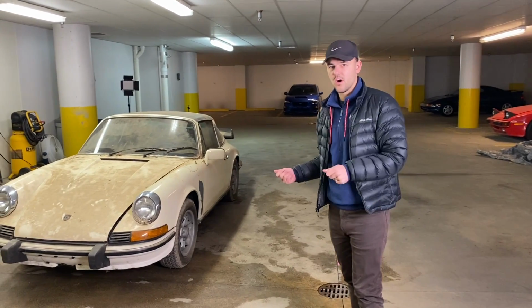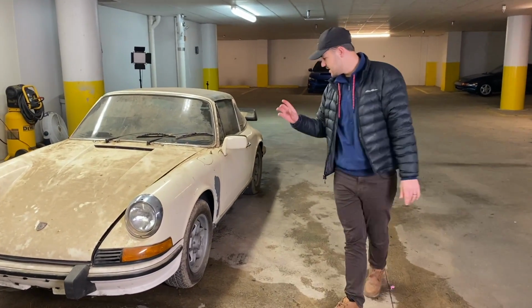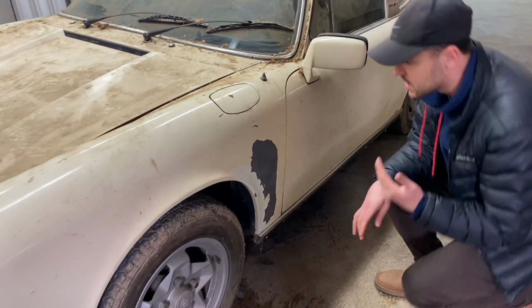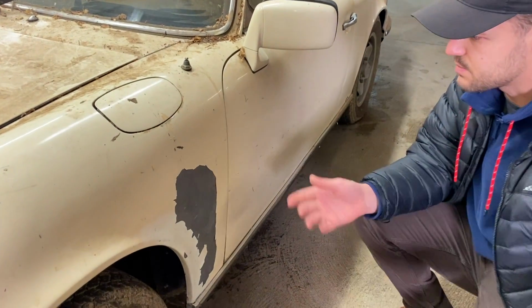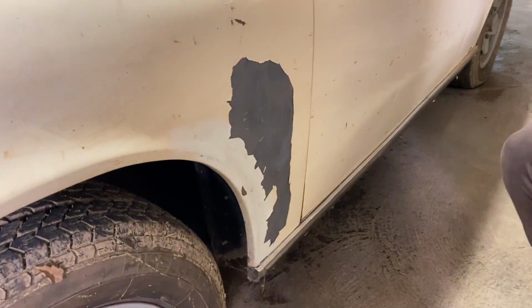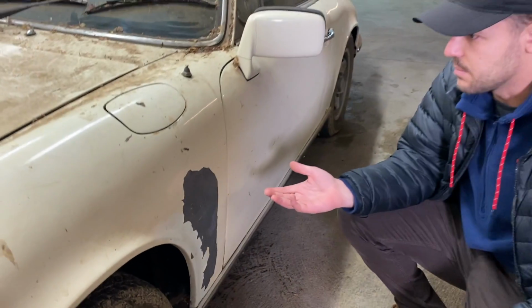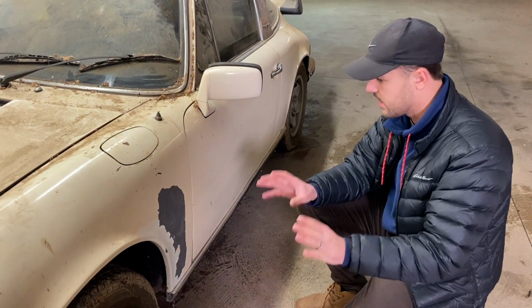So it's gonna be my first look. Me and Brent actually just uncovered the car. Pretty crazy to see it the first time. First thing that sticks out to me is this paint chipping on the fender. So ideally it looks like it's original and I don't see any layers. Usually if it's been repainted, there's gonna be tons and tons of layers all over it. But all I see is the factory metal under there and then some paint chipping. So I don't know if it got repainted, if this is a new fender, but overall it looks original,